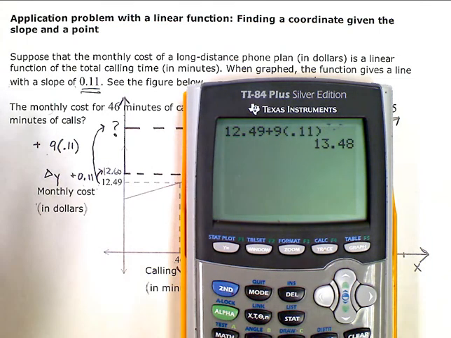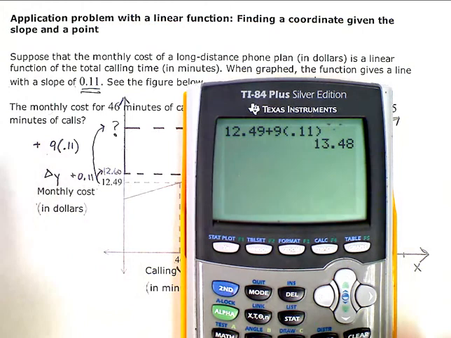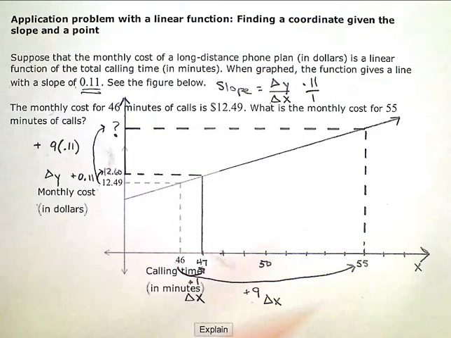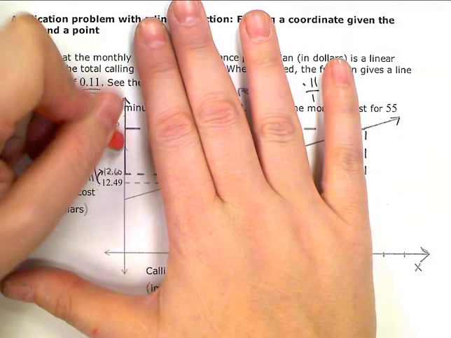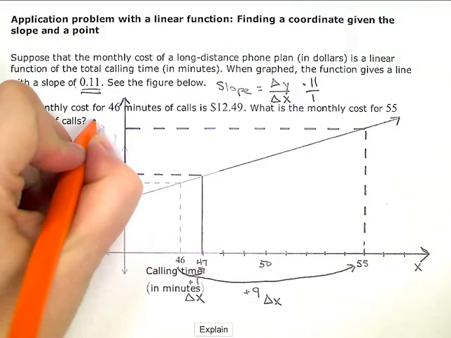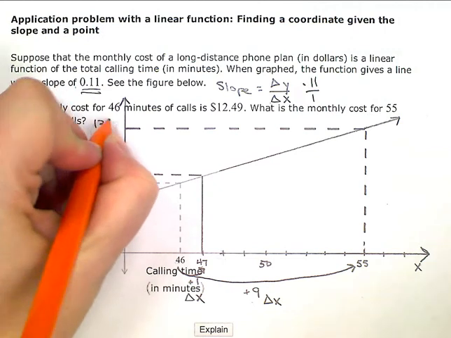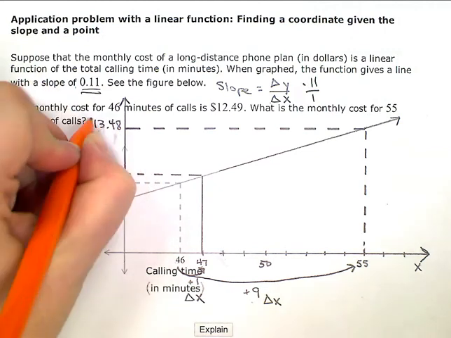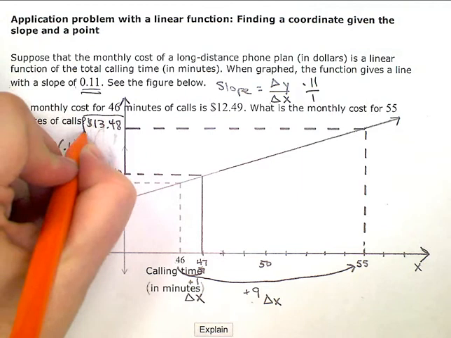So $13.48 will be the monthly cost for 55 minutes. So this right here is my solution. It's going to be $13.48. Right? And that's my final solution right